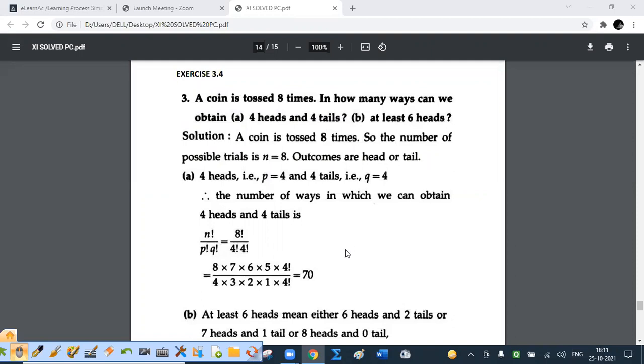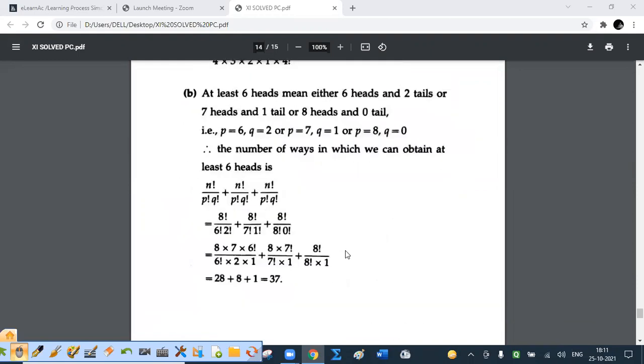B part, at least 6 heads. At least 6 means what? Either 6 heads or 7 heads or 8 heads. But when we say 6 heads, at the same time, we have to say 6 heads and 2 tails, or 7 heads and 1 tail, or all the 8 heads. So what is the number? 8 factorial upon 6 factorial into 2 factorial, because head is repeated 6 times and tail twice, plus or means